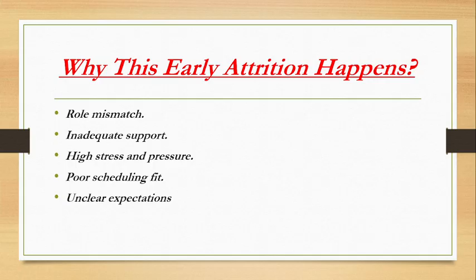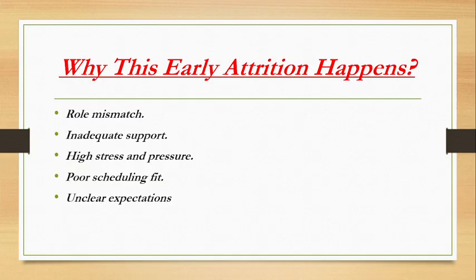Inadequate support. When agents are new, they want support from the training team and leadership, but they don't get it. So that is also another reason. High stress and pressure. In some processes there is high pressure from the first day. When people are in the OJT and come live on the floor, there is too much pressure that they have to do the work with 100% accuracy, and there is very little support. The TL is supporting them less, and if they make a mistake, they get scolded by management. So for this reason also the attrition happens.